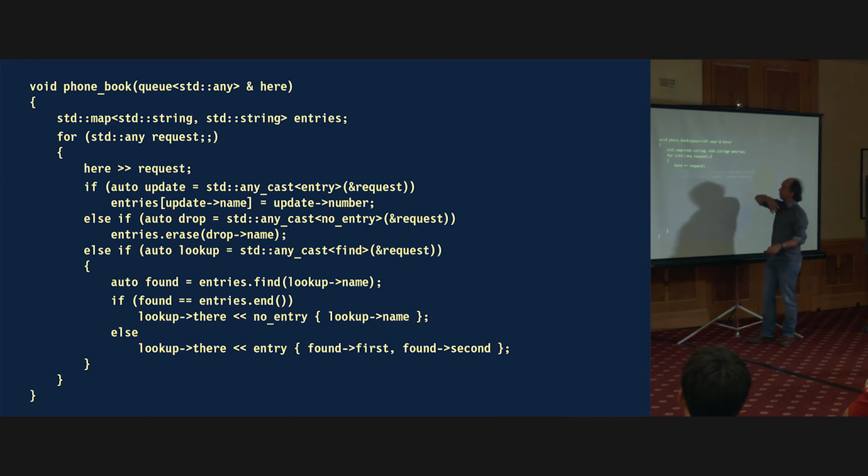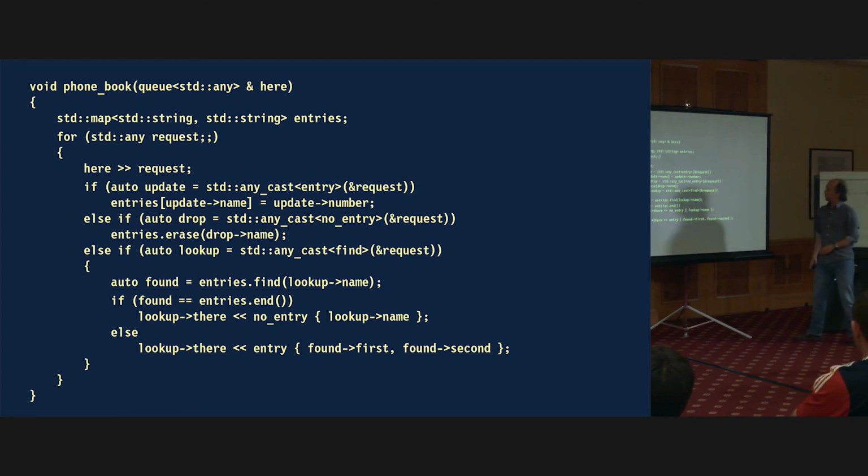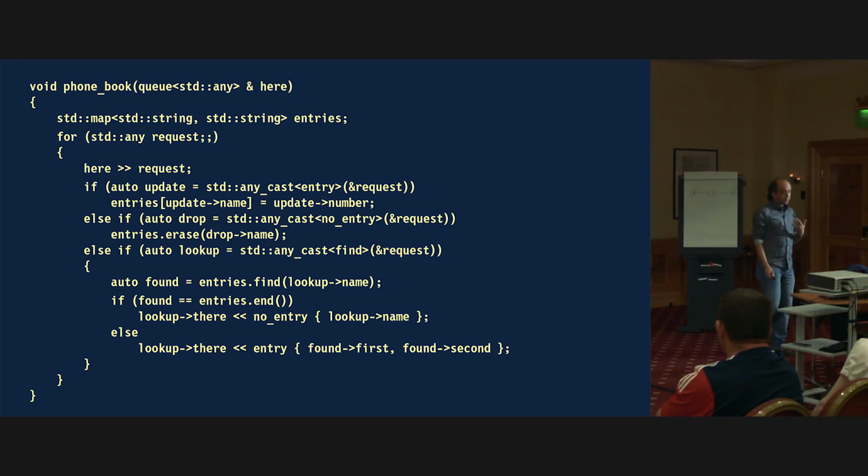That's our receiving queue. And then we do a whole load of type laundering, which is a bit of a pain in the backside. But, you know, if that's an update, then assume it's, yeah, okay, right. So that's a little bit messy. This is left as an exercise for the reader. This is homework. You can turn it into something a little tidier